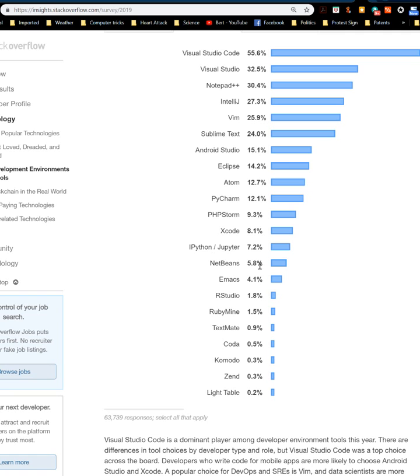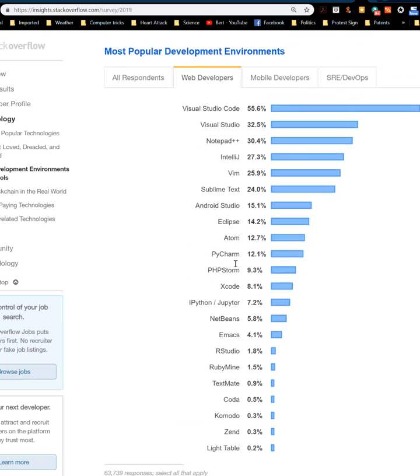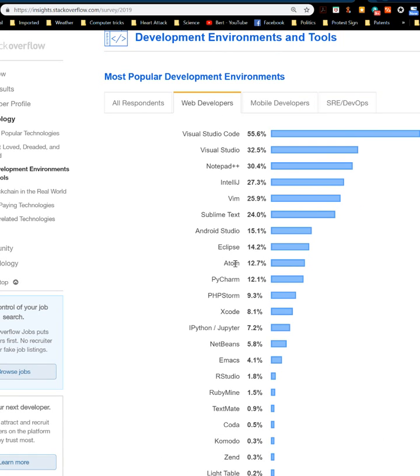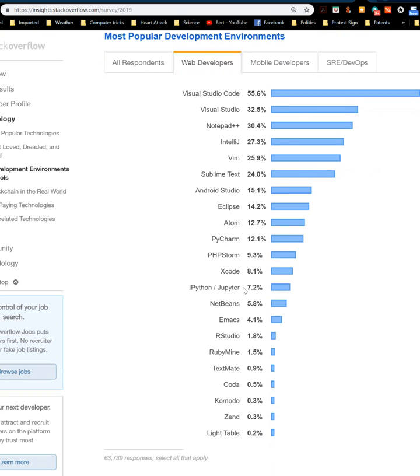NetBeans. I'm surprised NetBeans is not that popular. I really like NetBeans. I'll admit I still don't have a full picture of Eclipse, but at least NetBeans has a GUI builder in it for sure. Eclipse might, but it's just so convoluted. I have a hard time getting the damn thing to work properly. And NetBeans seems more refined to me, whereas Eclipse seems more primitive. That's just my opinion, though, and it may change.